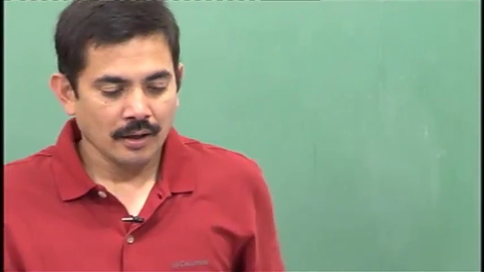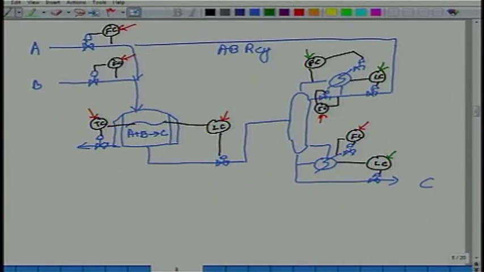Now when you are running it like this, we discussed last time, 1 mole of A reacts with 1 mole of B to give 1 mole of C. So if you look at the plant, if you look at this overall plant boundary,